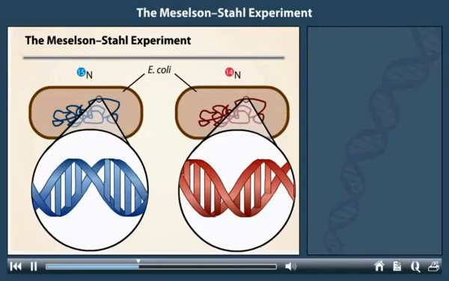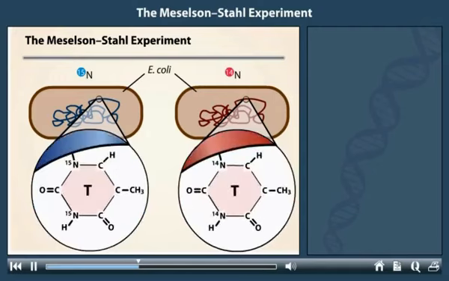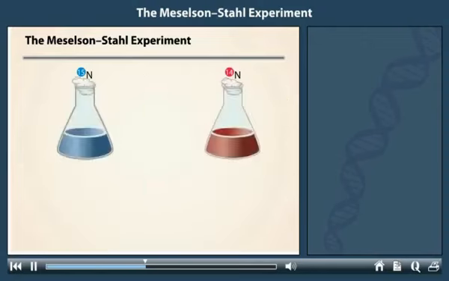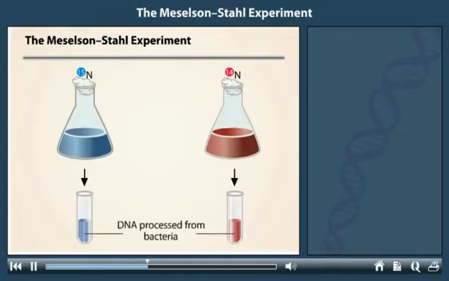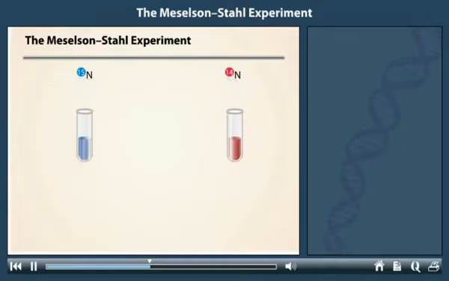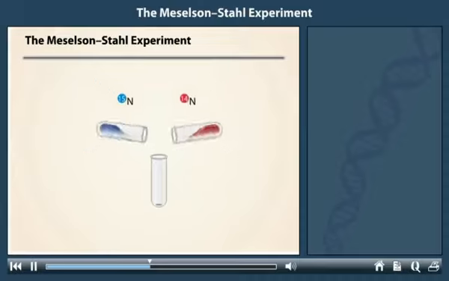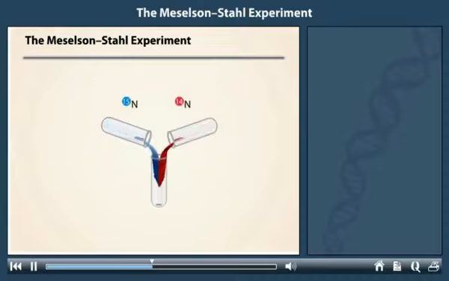After many generations, the DNA in the bacteria contained either the heavy or the light form of nitrogen, but not both. In this example, the nitrogen atoms in the thymine base are labeled with either the heavy or the light forms of nitrogen. The scientists took samples of each bacterial culture. They processed the bacteria to release the DNA into solution. Equal volumes of the DNA solutions were mixed together, and then this solution was mixed with a concentrated solution of